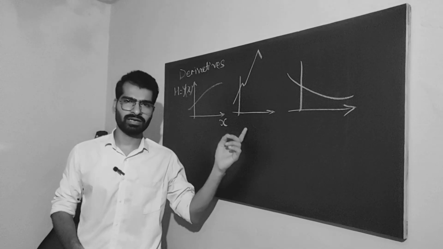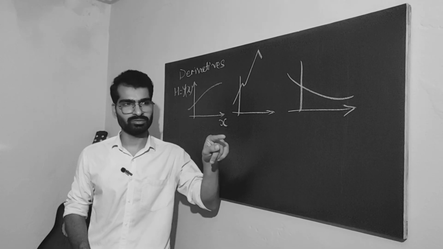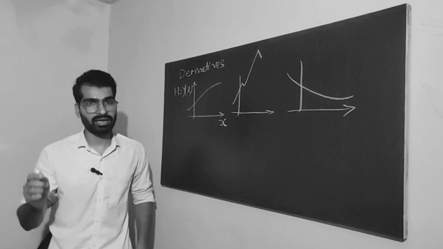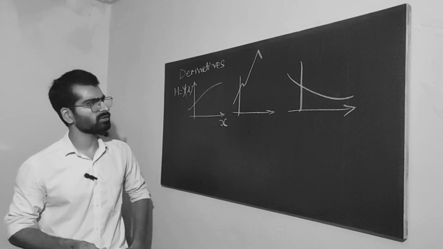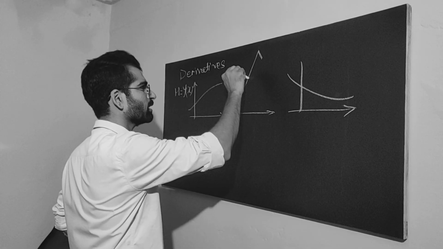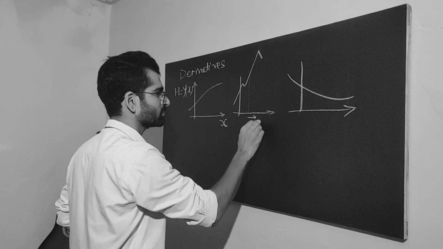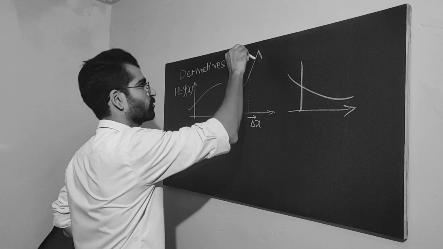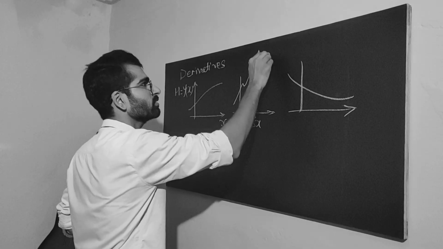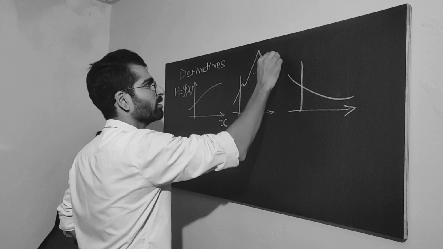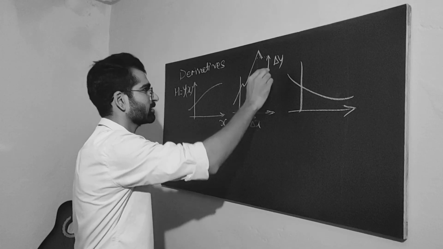I want to know how fast the height is changing with x. And I hope you can guess it already. You will climb faster on the Everest as you move in the x direction, as you make a side step in the x direction. And it's easy to show. Suppose you are here and you make a side step, delta x, then you will rise up to a higher altitude by a height of delta y, right? That's the cause and that's its effect.